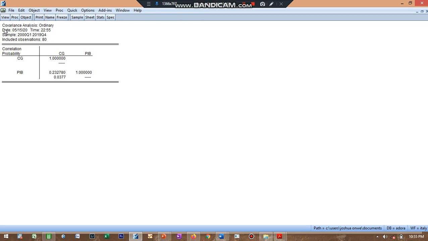Now this is my correlation test. You can see it's telling me correlation and probability. So you can see from this test that GDP, of course, has a positive correlation with government expenditure at 0.3, and the probability is 0.03. That simply means it is statistically